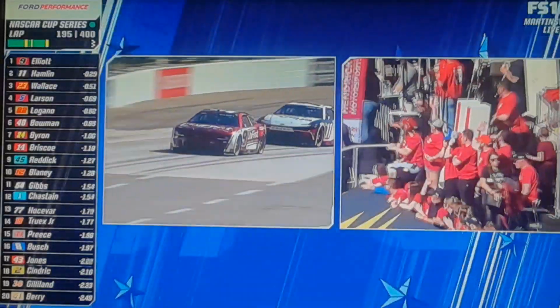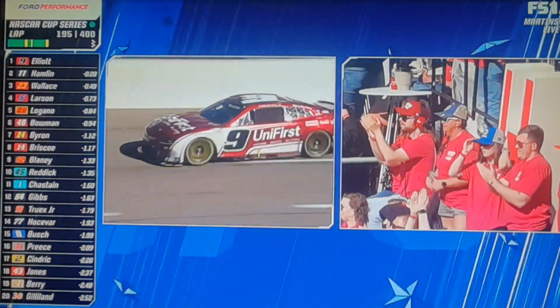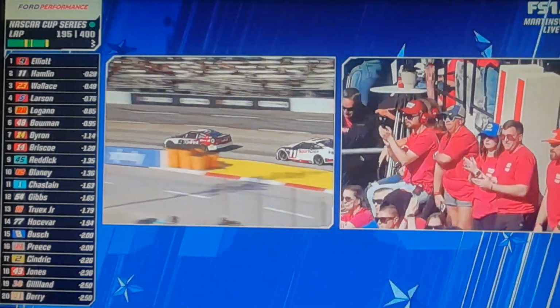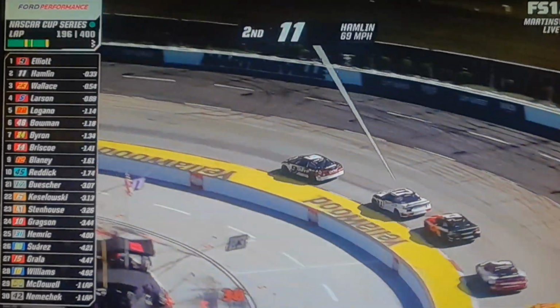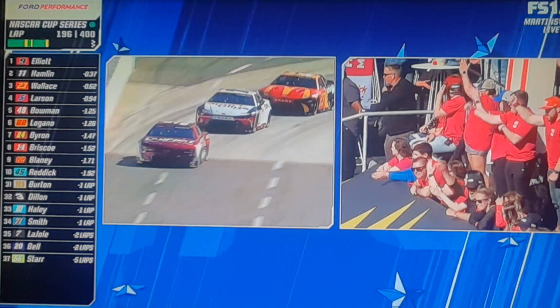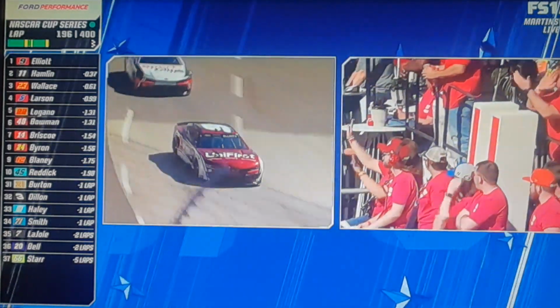It also made every person in the grandstand stand up. Look at this. All right. Most popular driver back in the lead. Denny's car's just not taking off quite as good as he would like to. That tells me she's set up, probably low on air, set up for that long run. Still a lot of action on the outside. Logano even with Bowman. That's for 5th place. And Byron